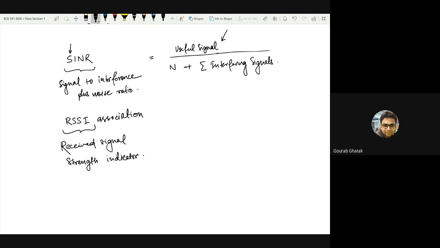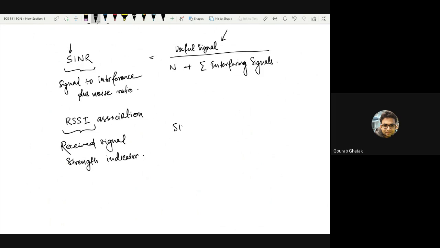Now, if we for a moment do not worry about fading and all, with which base station do you think we should be associating to get the highest received power? So the nearest one. The nearest one should be giving you the highest received power. Why? Because we saw that the received power decreases as a function of the distance, right? So, whatever you are getting as the signal,